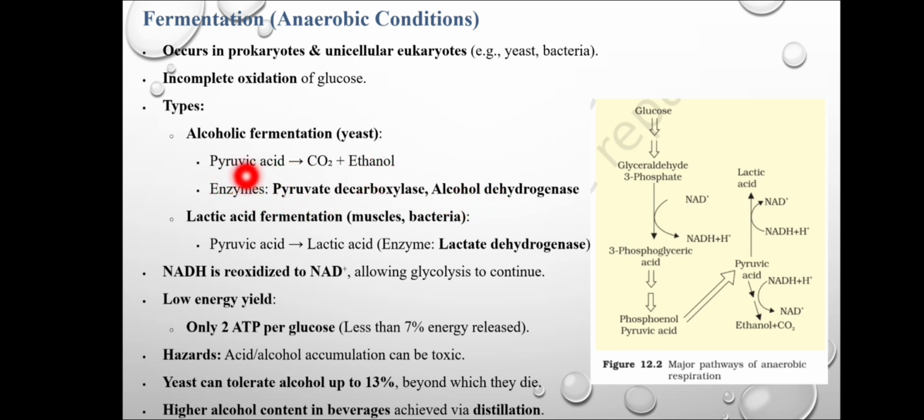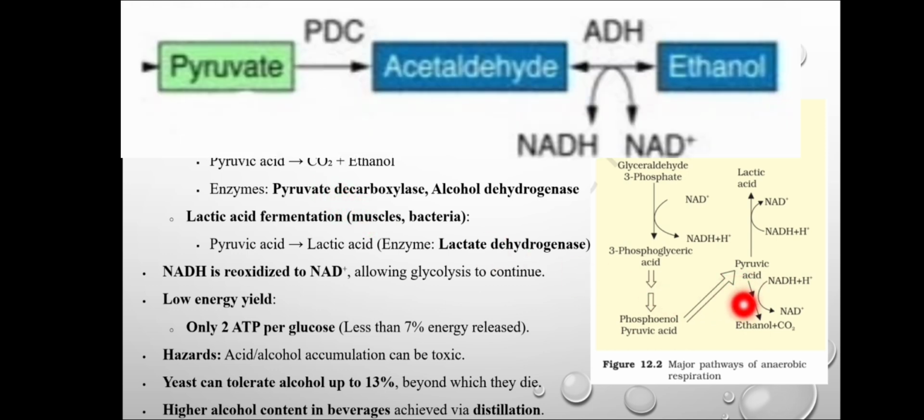Now mind it, this pyruvic acid to ethanol and CO2 production is a two-step process which may be represented here with 2 arrows also. Actually first the pyruvic acid is converted into acetaldehyde, and that process requires this enzyme pyruvate decarboxylase, and acetaldehyde is 2 carbon. So in the first step of alcoholic fermentation, pyruvic acid is converted into acetaldehyde plus CO2, and that is catalyzed by pyruvate decarboxylase. And in the second step, the acetaldehyde is converted into ethanol, which is catalyzed by the